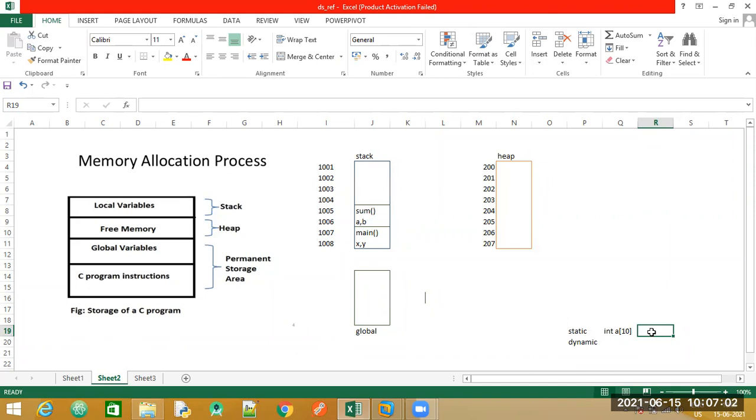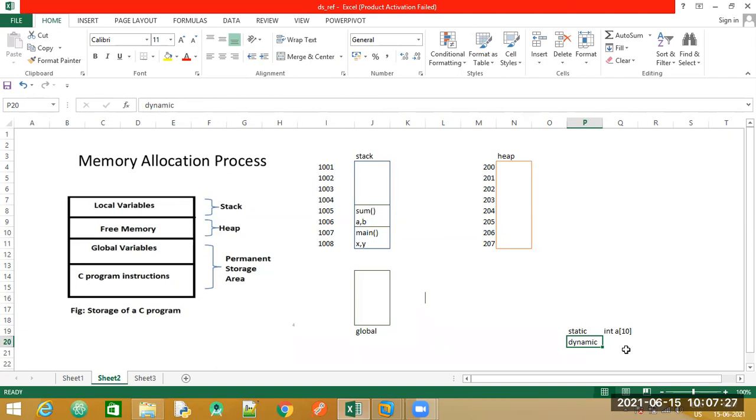To overcome this, we have the second one, the dynamic memory allocation method. Dynamic, as the meaning of the word goes, means you are able to allocate the memory space as and when you require. If you want, you can increase it during program runtime, and if you want, you can decrease it.